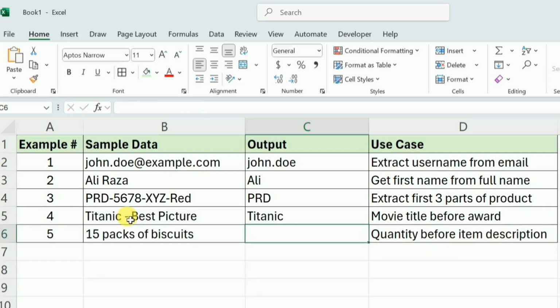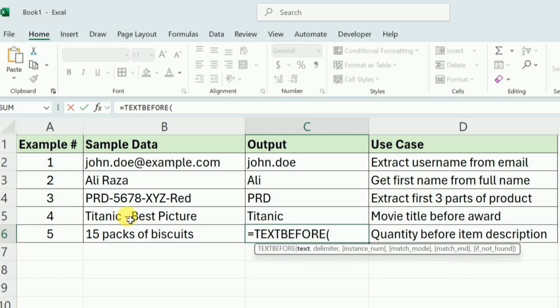Now in the fifth example, you can see that I have 15 packs of biscuits that shows the quantity, and if I only want to extract the numbers from that phrase, then I can use this function. So in this cell I'll write equals TEXTBEFORE, select this cell, put a comma, and provide the delimiter in inverted commas. Here again the delimiter is the space, so I'll only put a space in inverted commas, close this bracket and